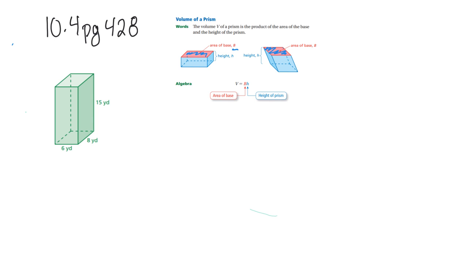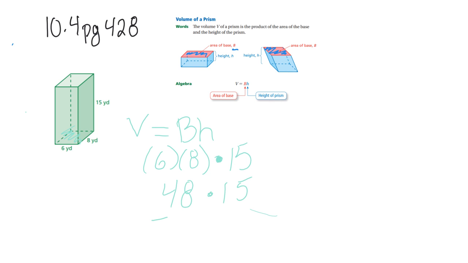So our volume equals capital B times H. Capital B is the area of the base, so that's going to be the base times the height of the base, so that's that area down there. Then we're going to multiply that by the height, which here is 15, right? We end up with 48 times 15,